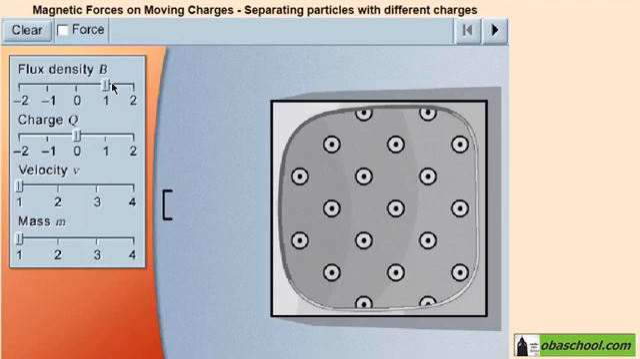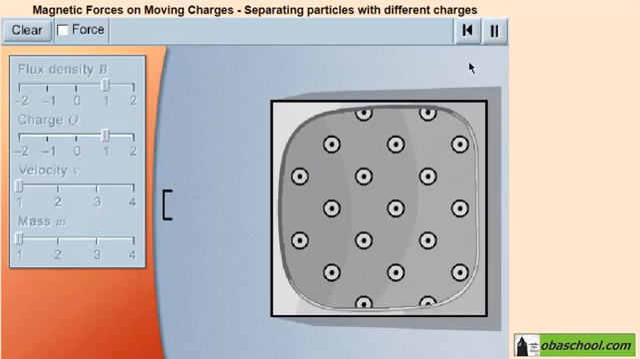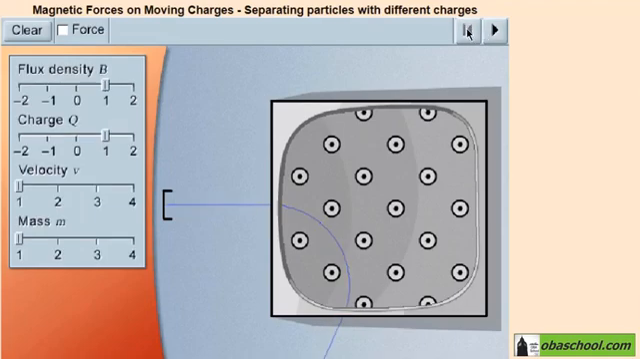Let's drag the charge slider to select a relative value of +1 and let's click play to project a stream of charged particles into the magnetic field at a relative velocity of 1. Notice the direction of the particles. They are moving downwards. Let's click pause to stop the particles and reset to remove them, leaving their blue circular